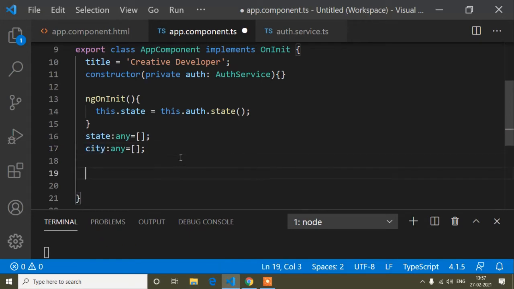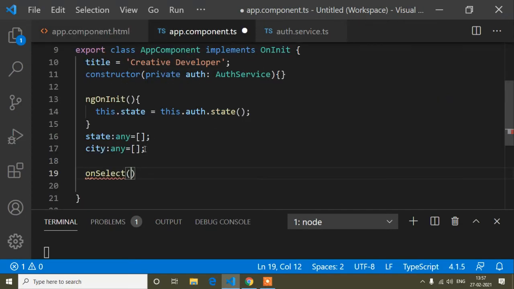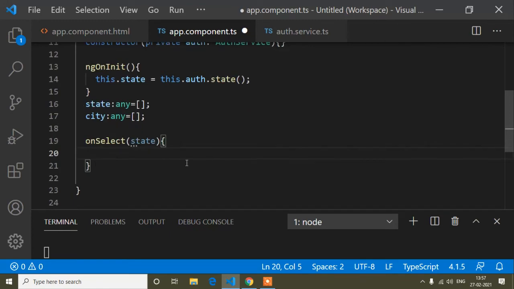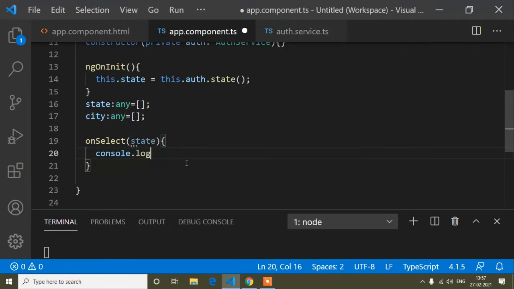So now I will paste the method name which I copied, and for the reference of this $event, I can pass state. Okay, and now I will write console dot log.